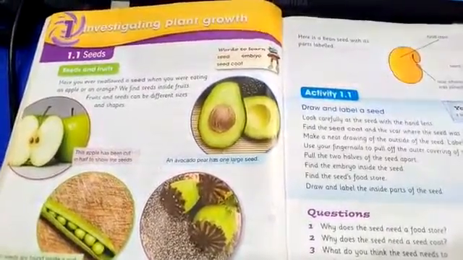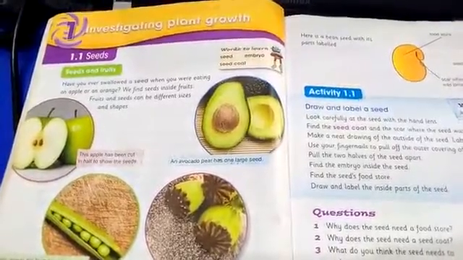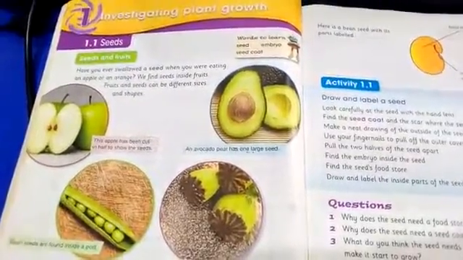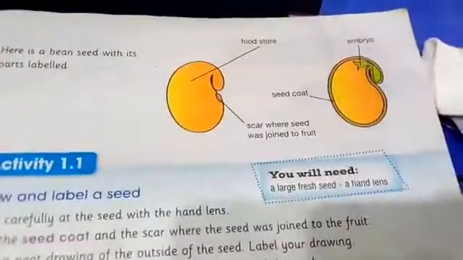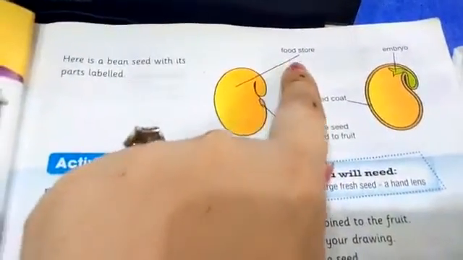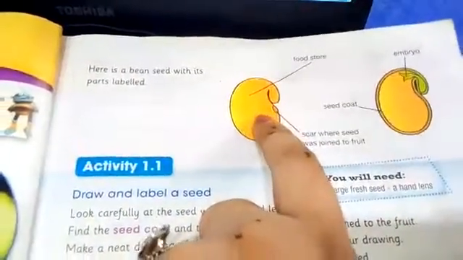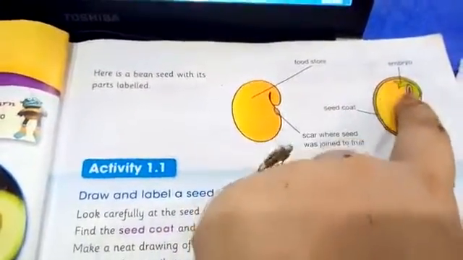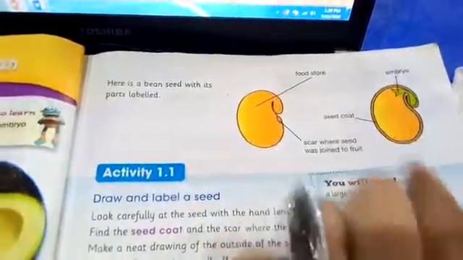Today is Wednesday. In today's P5 class we have studied the topic of seeds. We studied which fruits and vegetables have seeds and what happens when we swallow the seeds. Then we studied what's inside a seed, and the labeled diagram of a seed: food store, seed coat and embryo. The food store is the huge part of a seed from where the seed gets its energy. The embryo is a tiny plant that emerges from the seed, and the seed coat is the protective layer.